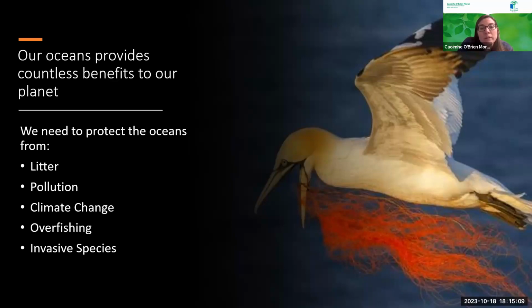So those are all the reasons that we need to protect the marine environment. But what are we protecting it from? Well, unfortunately, there's lots of issues impacting the marine environment, particularly litter, which I think we would all be quite aware of and which we focus on a lot in this theme because it's so tangible and hands-on and easy for students to understand. Then there's other pollution sources, so things like chemical pollution, noise pollution, climate change,